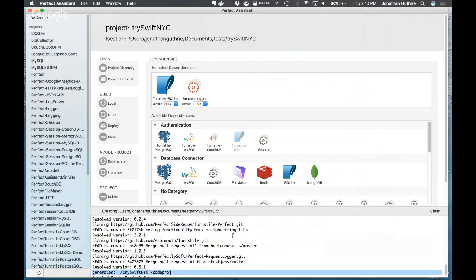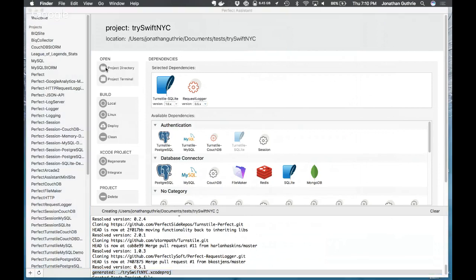Well, the reality is that these dependencies have dependencies themselves. So what's happened is Swift Package Manager, which ships with Swift 3, manages this for you. It has gone out and resolved everything, fetched everything, checked everything out, and prepared it all for you.